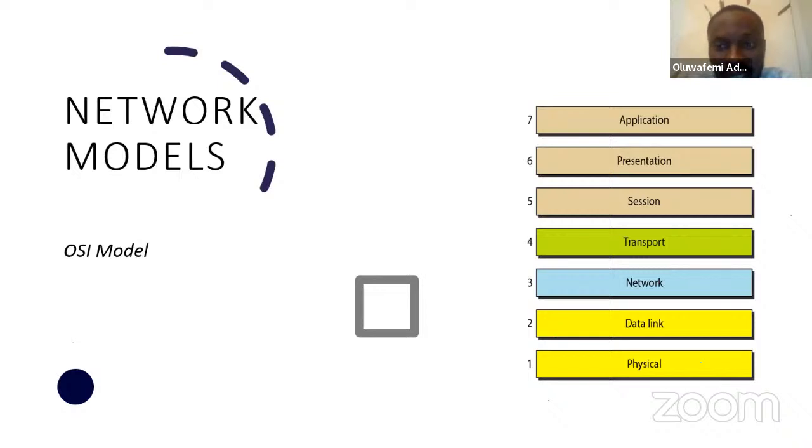So there are 7 layers in the OSI model, and there are different acronyms that I've seen. I tried a lot of acronyms. I remember back in the days, 2010, I was interested in networking and all of that. I tried different acronyms for this thing. Don't bother yourself. Just do a Google search, OSI model. If you forget any other one, you'll see the arrangement there.